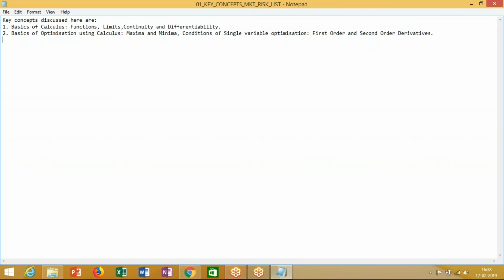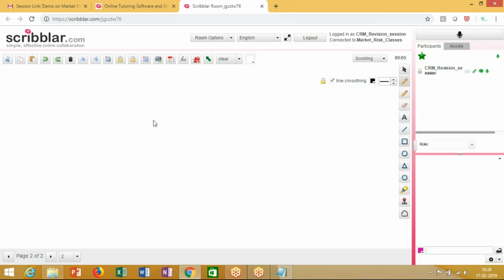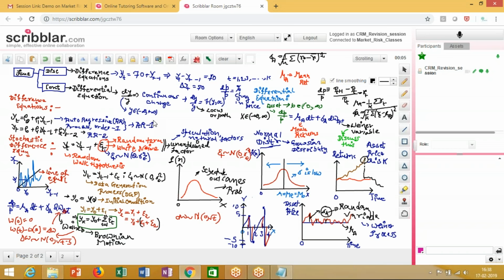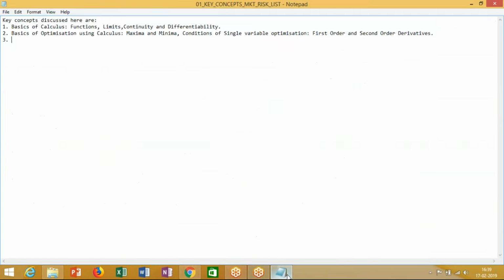So after we had brought in these concepts of optimization using calculus, after we have talked about the basics of functions, limits, continuity, differentiability, maxima, and minima, the next thing that we started talking about was we introduced the concepts of dynamics, right? So why or when would a dynamic situation or dynamic model be coming into place, right? How do we assess dynamics and what exactly is the objective of any risk models, right? So basically concepts of dynamic